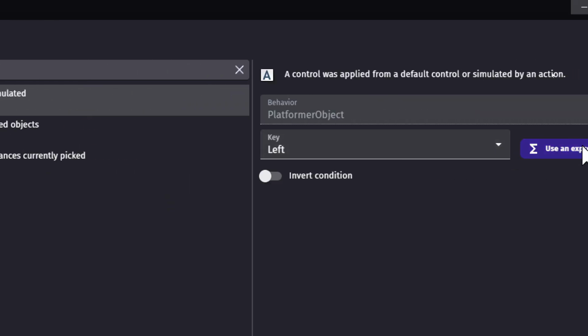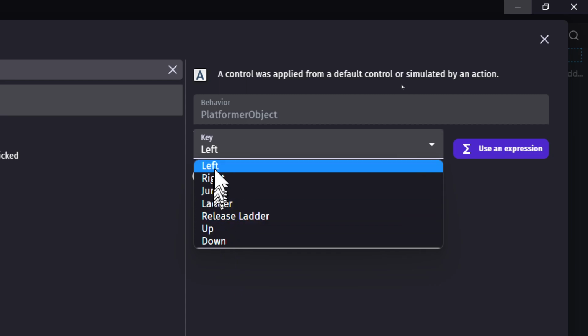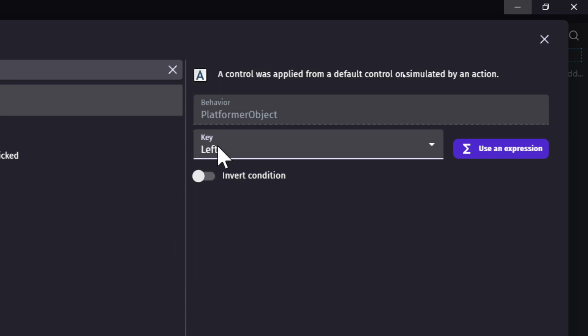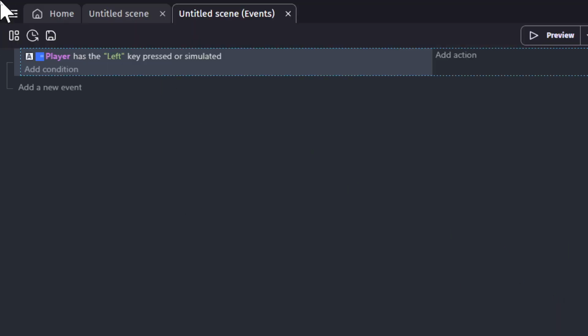Does this work? Yes. Control pressed or simulated. And it's going to be the left key. It's already selected, but you can just come here, press left, and click OK. So now we have the condition. If player has the left key pressed or simulated,